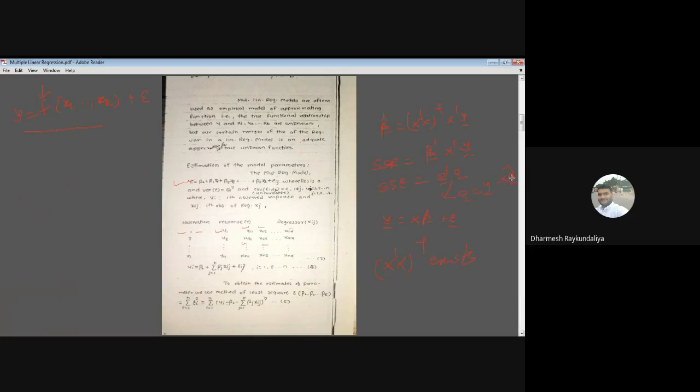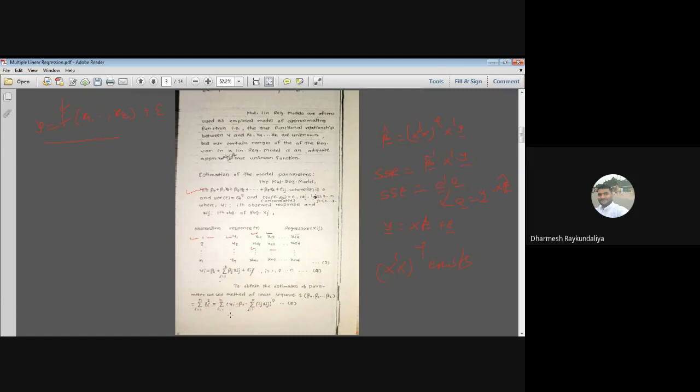So all the theories which we have developed for the general linear models, we will use for the multiple linear regression. But somebody said, no, I wish to apply the theory of least squares by solving this way. So you can write the summation of epsilon i square, which is nothing but yi minus beta 0 minus, sorry, summation j equal to 1 to k of beta j xij, whole square. I wish to minimize equation 5 with respect to beta 0 and beta j. So one can take the derivative of the function with respect to beta 0, beta 1, up to beta k. You can apply least squares and equate it to 0.